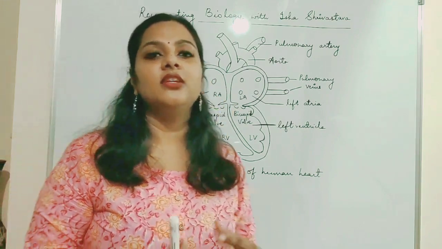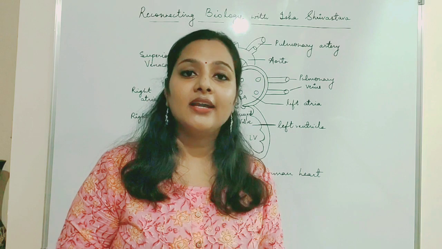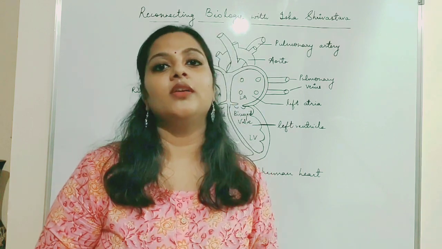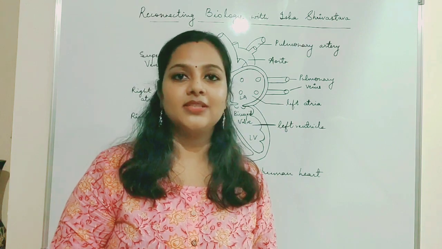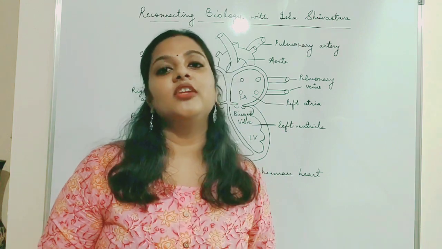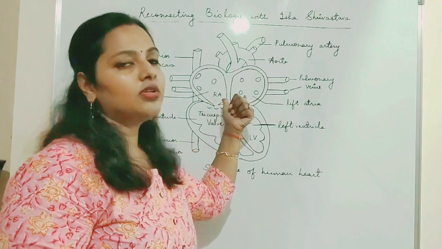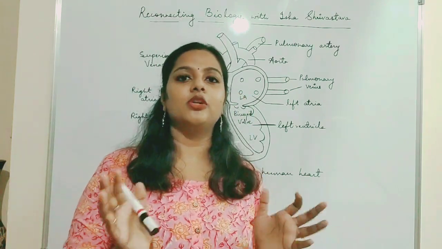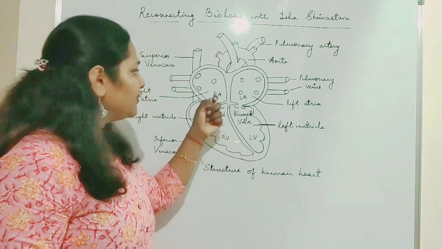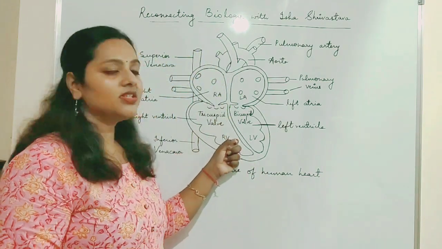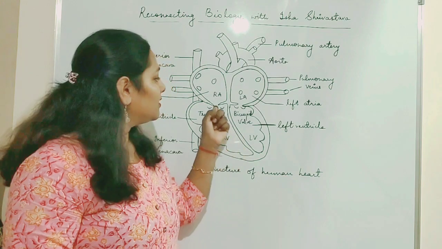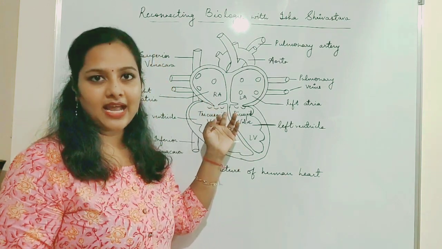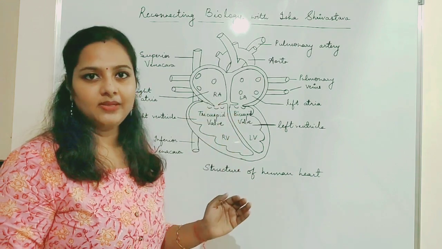Coronary sinus takes the deoxygenated blood from the cardiac muscles. You can see the walls of the heart, which are called the cardiac muscles. These muscles pour their deoxygenated blood through this coronary sinus into the right atrium. Okay, this is how the deoxygenated blood is brought into the right atrium. From the right atrium, it pours into the right ventricle through the tricuspid valve. Three cusp-shaped structures are present at the entrance of this right ventricle.